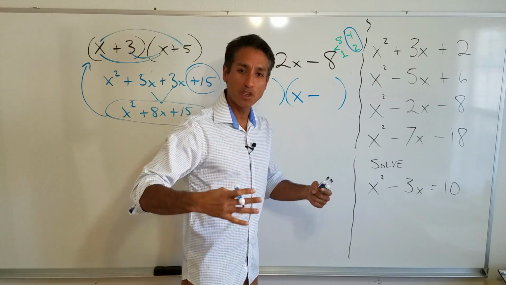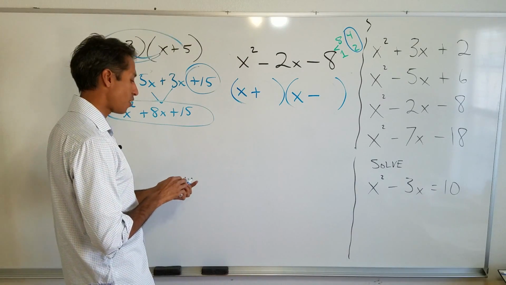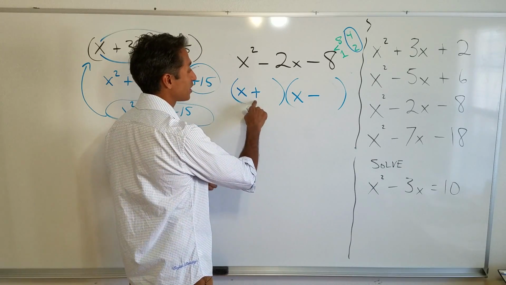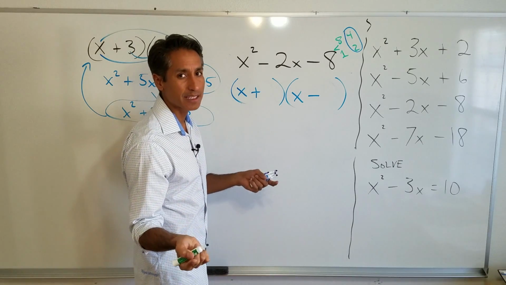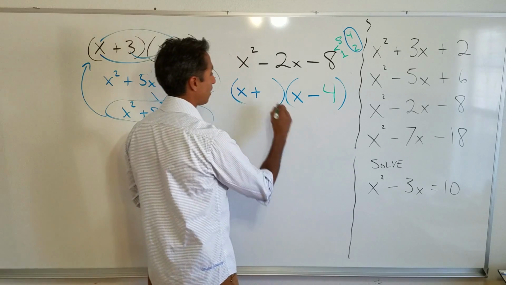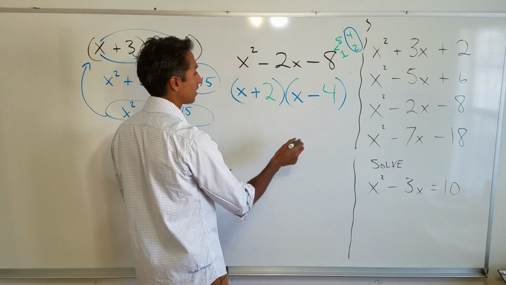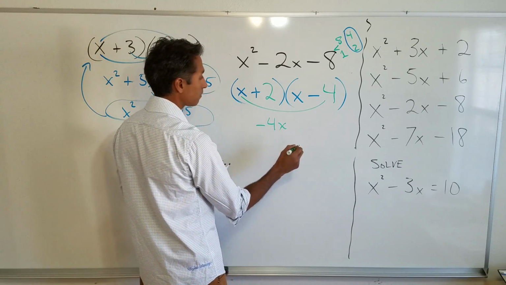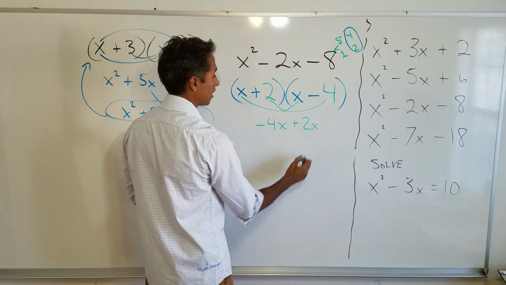Or, as you get better, you're going to start being able to look at it and say, okay, I think I know what's going to fit where, because I need a -2. So if I have a 4 minus a 2, well, that's going to give me a +2. I need a -2. So I need to put the 4 back here and the 2 up here so that when I foil it, x times x is x squared. Outside is going to give me a -4x, and the inside is going to give me a +2x,